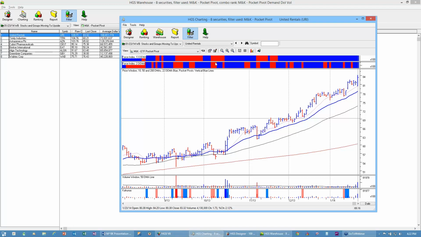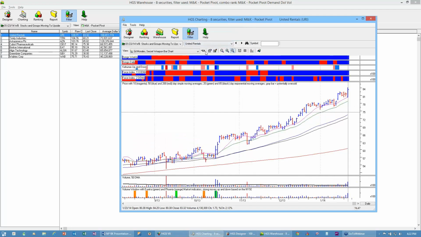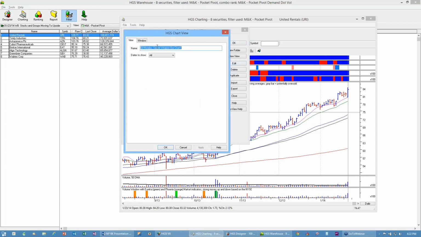Let's take his chart right here, and I'm going to click on Choose Create View. I want to go to his secret weapon bar chart here, and if you want to experiment, do this. You just select a chart and then click on Duplicate. Very simple. Rather than going in and messing with any of the original charts, just duplicate. And then click on Edit. I'll go to the View, and I'll put Group Added, Group Line Added,